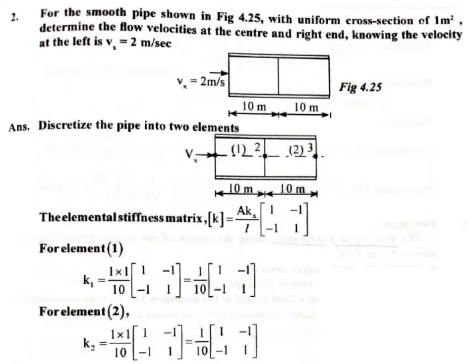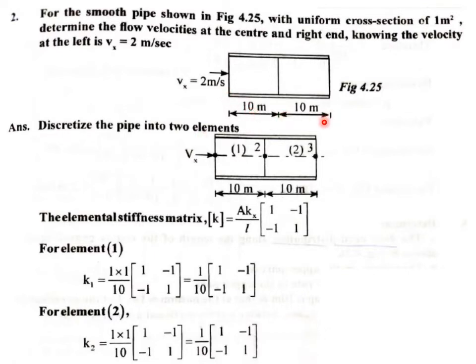Problem number 2. Even this is a similar type of problem. For the smooth pipe shown in the figure with uniform cross section 1 meter square, determine the flow velocities at the center and right end, knowing the velocity at the left end, Vx, is 2 meter per second. So this is the smooth pipe with uniform cross section 1 meter square. The velocity Vx is 2 meter per second at the left end, and it has two elements, each